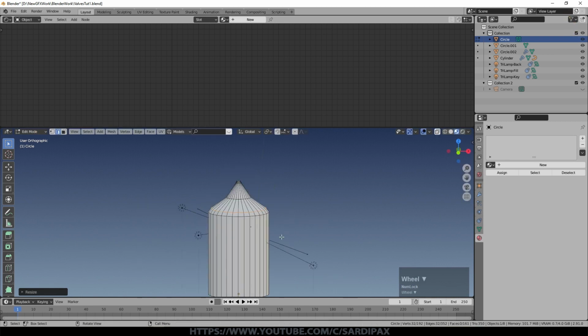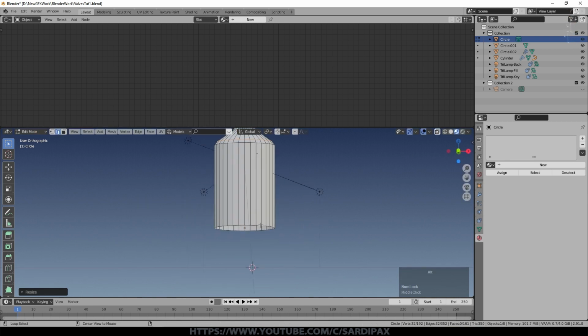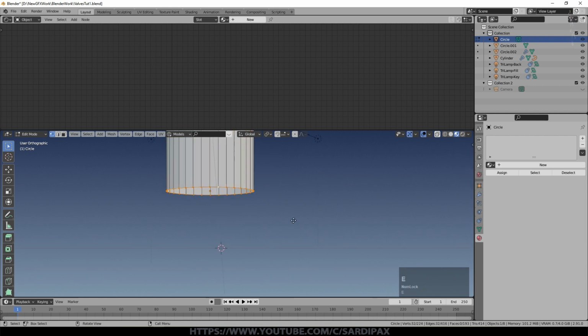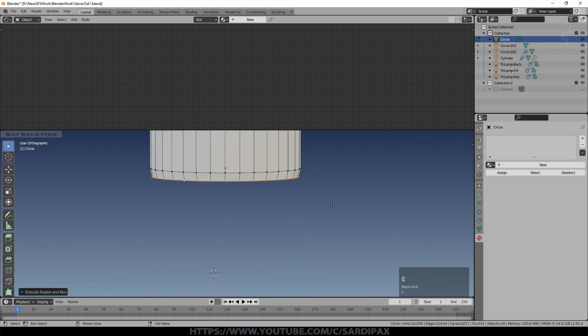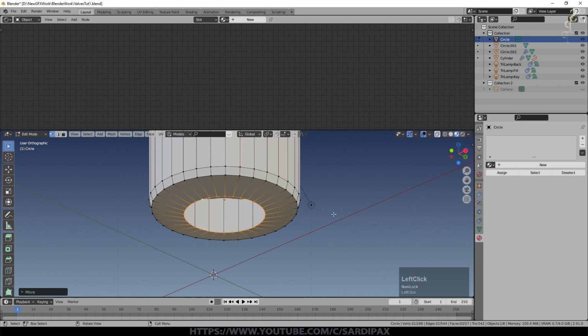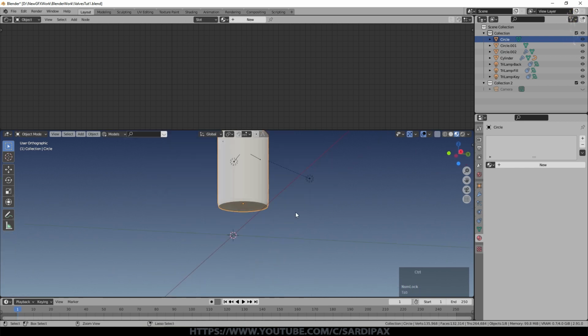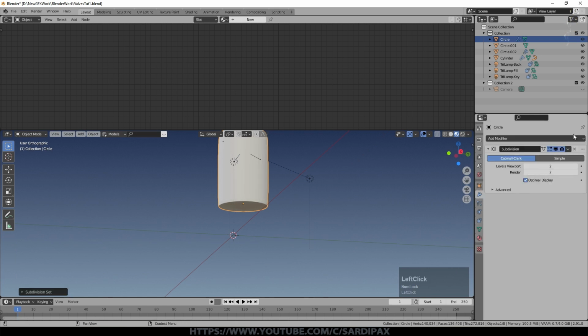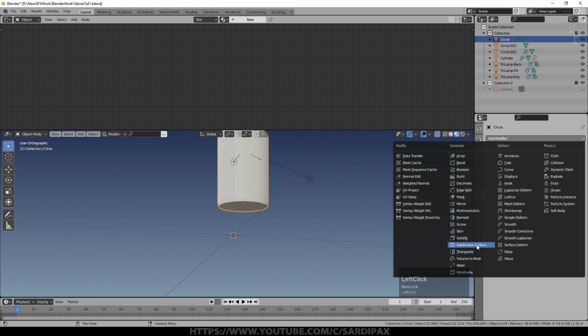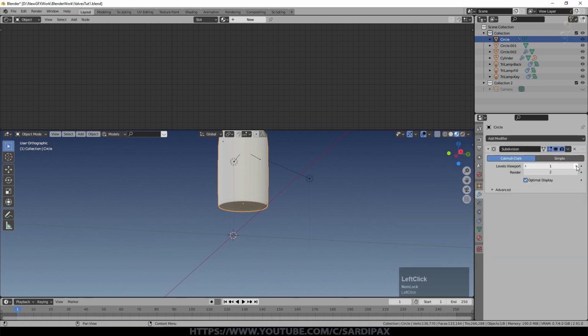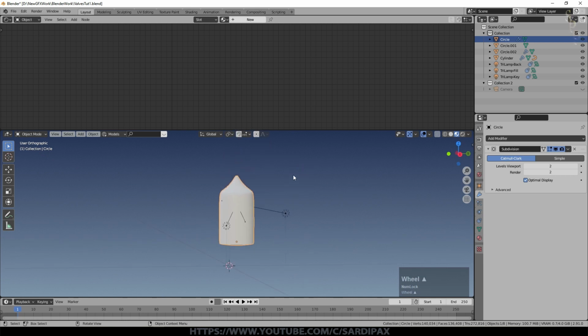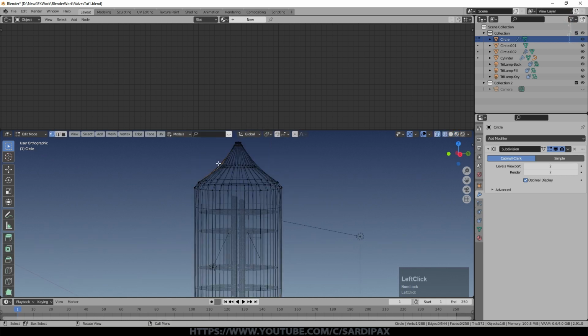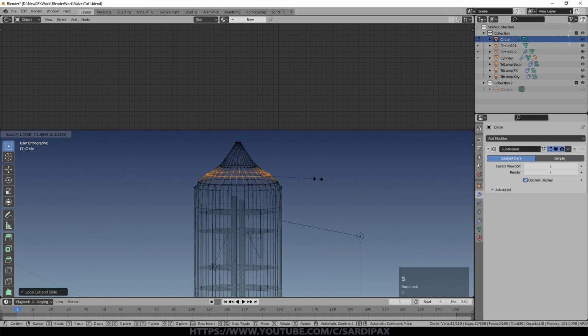Just an approximation of it, because we're going to add a subdivision surface. And then if we select this bottom ring, E, G, Z, and then in slightly, E, scale in, then GZ down slightly, and press F there to close it off. Now we'll add a subdivision surface with Control 2, so you can see that's added it. If you want to add it manually, just go up to add and say subdivision surface. By default it'll be 1, I want a level 2 one. So you can see that's not bad. Go to wireframe, perhaps we want to pull that out slightly.